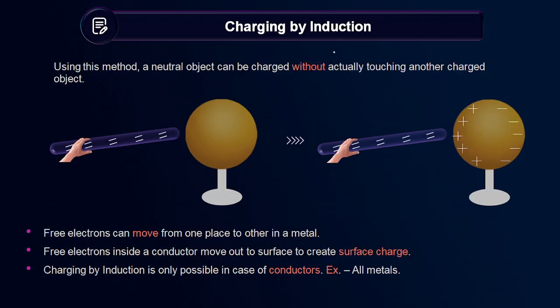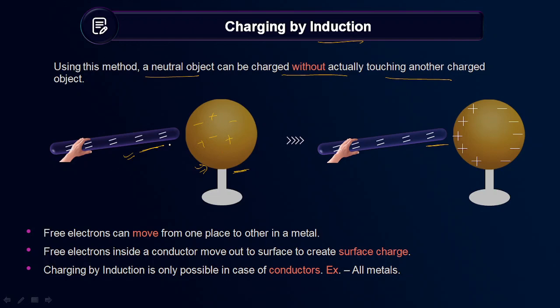Next is charging by induction. Using this method, a neutral body can be charged without actually touching another charged object. In this case, we bring one charged particle closer to one neutral particle without touching them. Now this charged particle can be metal or non-metal because we are not transferring charge by contact, but the object on which we try to induce charge must be metal. Here we know that when we bring a charged particle near the neutral body, it will have plus and minus charge randomly oriented,